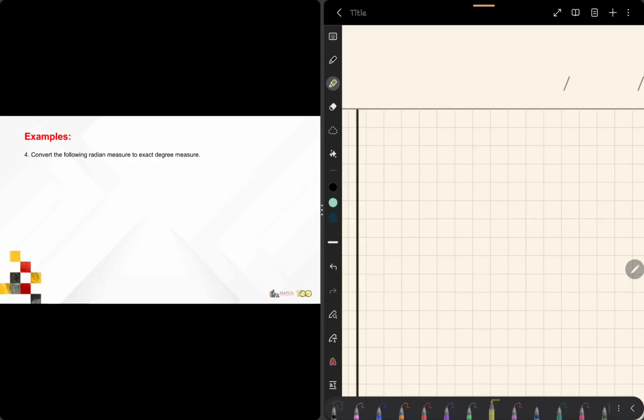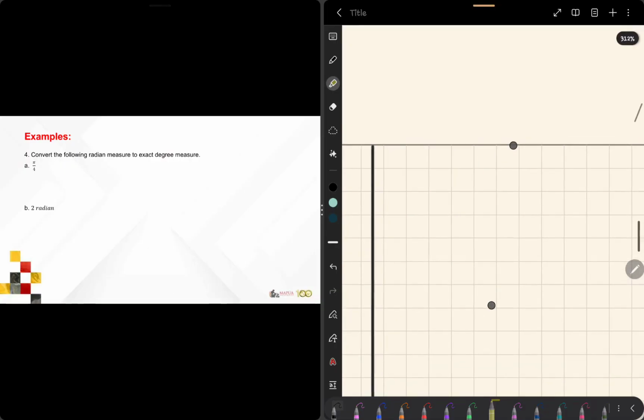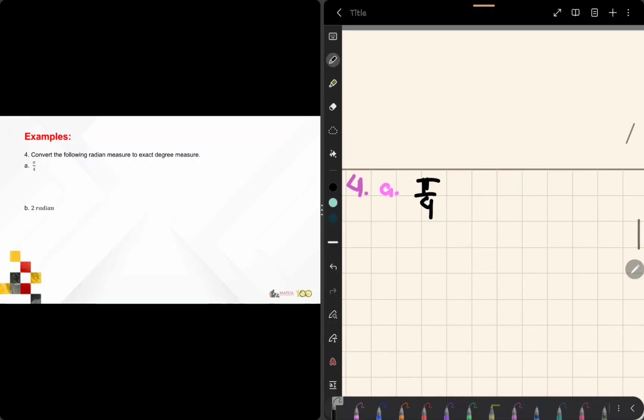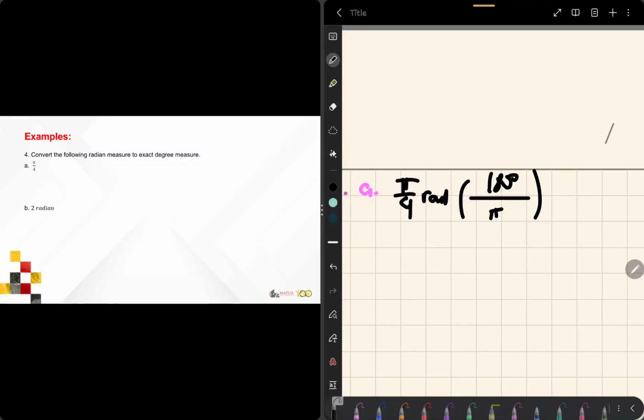Next, for number 4, we are tasked to convert the following radian measure to exact degree measure. So first we have pi over 4 and 2 radians. They are both in radians. For letter A, we have pi over 4 radians. So again, for every 180 degrees, we have pi radians. Converting this, we cancel out our pi and our rad, so we will have 180 over 4. 180 divided by 4 is simply